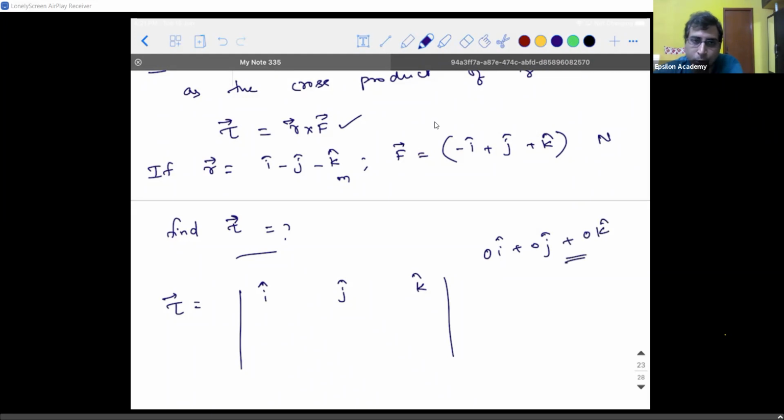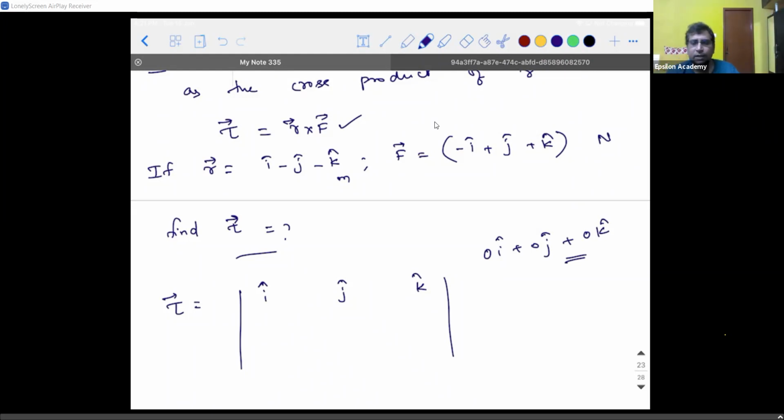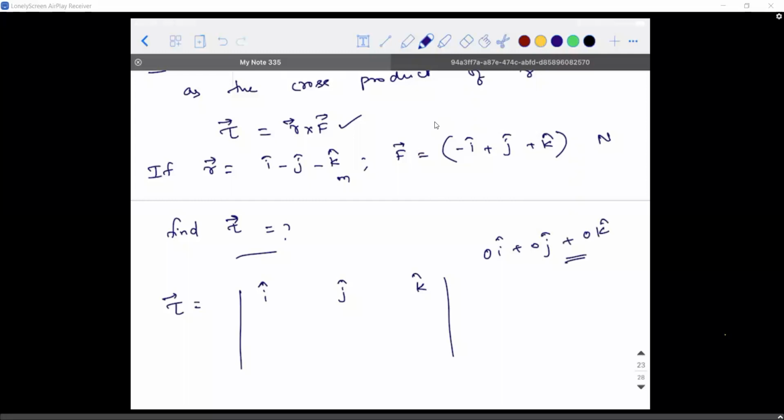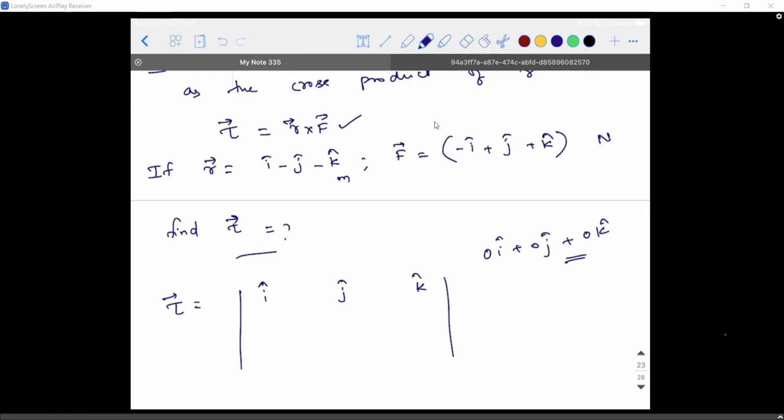You're saying all the coefficients are 0. I'm not sure, sir, but this is what I got. Okay, that's what you understood. Let's see, anyone else whose answer is matching with the same? Sir, I got the same answer. You got all zeros only? Yes, sir. Maybe that's the scenario.